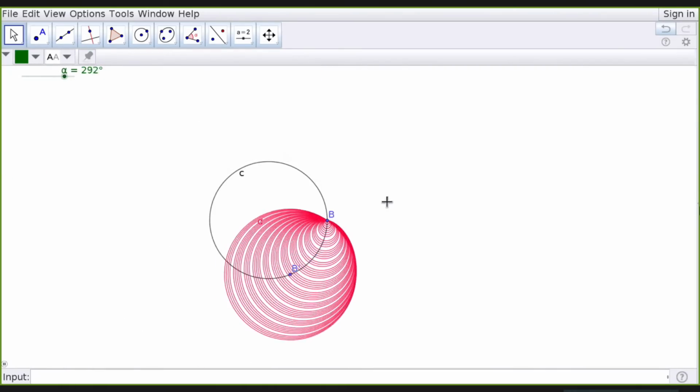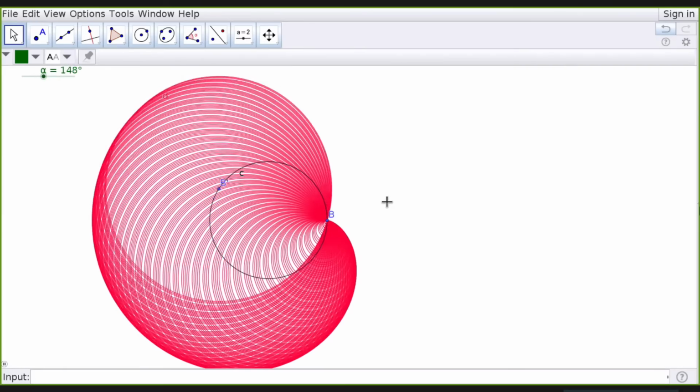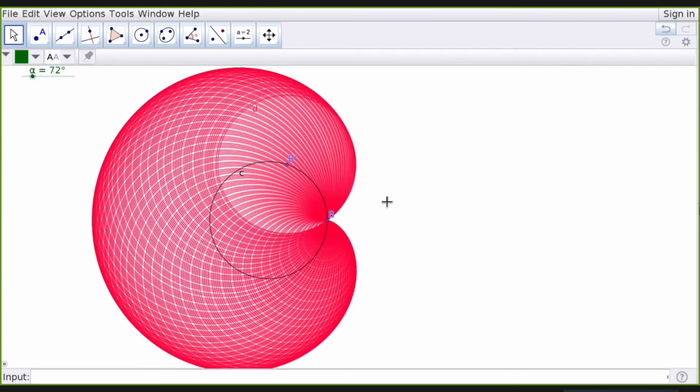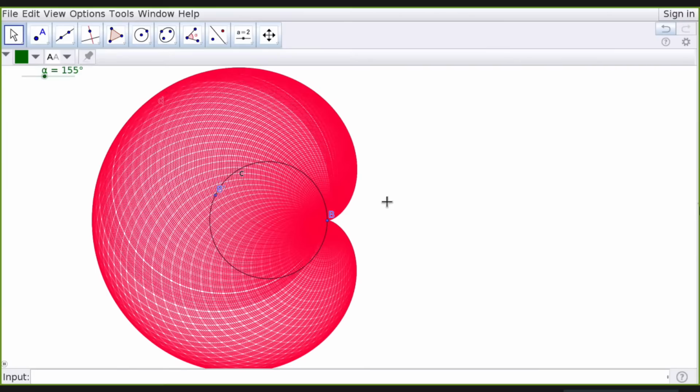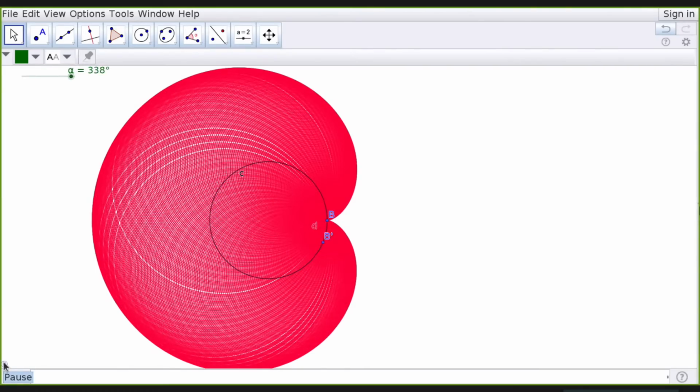You can see that beautiful picture coming here. So similarly, you can make different patterns on GeoGebra using similar constructions. Actually, we have used trace and animation for this one. The figure we are getting is a cardioid.